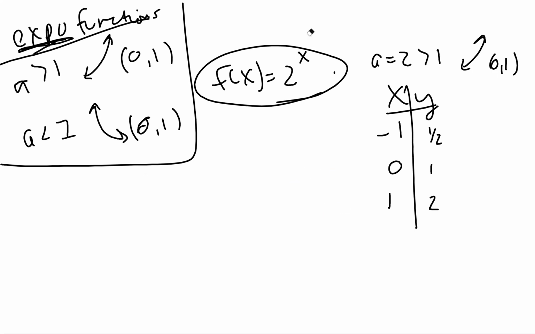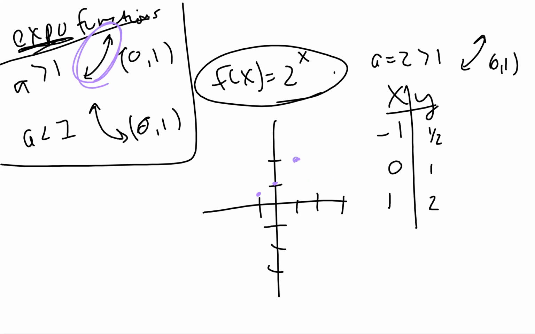And so when I do that, let's see. I'm going to go over to negative 1 to the left and then up 1/2. So about right here, I'd say. And then the y-intercept of 0, 1, so about right here. And then the point 1, 2. And again, I know in my mind what it's supposed to look like. It's supposed to be an increasing curve like that. So it doesn't cross the x-axis. So it comes up like this. And just like that, I'm done.